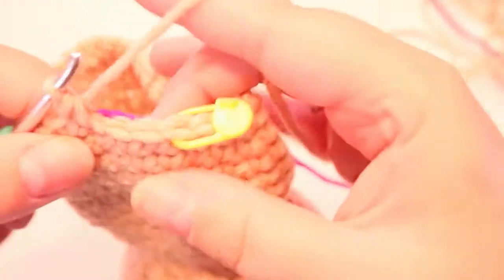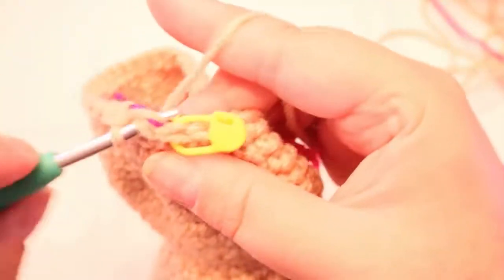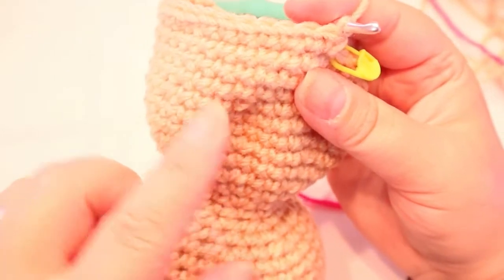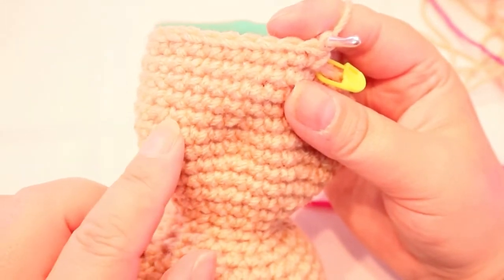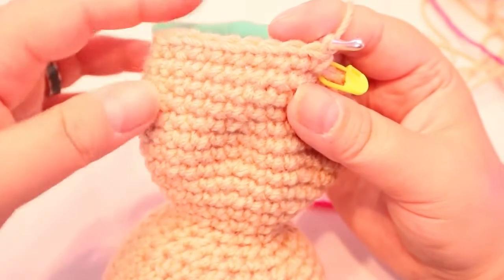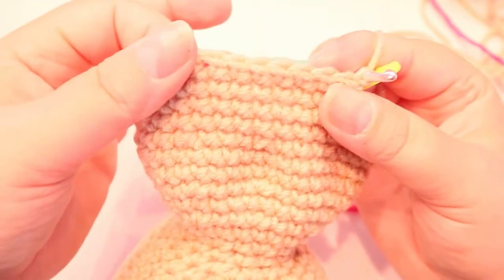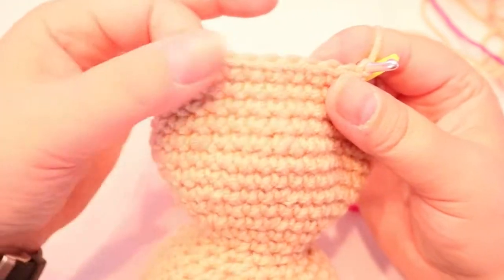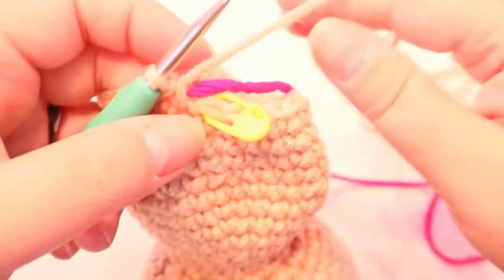And it's way easier. And you can do it too when it's not just for a color change, but when you have to, say your ball has run out and you need to get a new ball, instead of tying a knot and then trying to hide that knot, you can just do the same thing. It doesn't have to be just for a color change. You know your ball's running out and you got to start your new ball. Start weaving in your old ball. And then when you get to your marker,